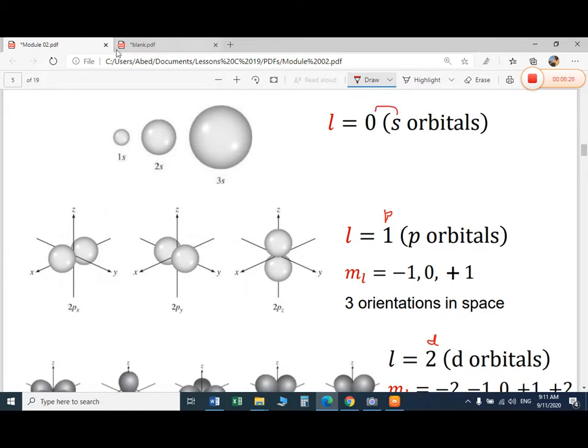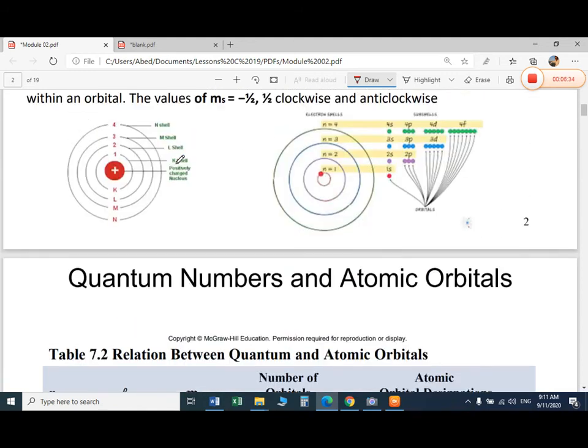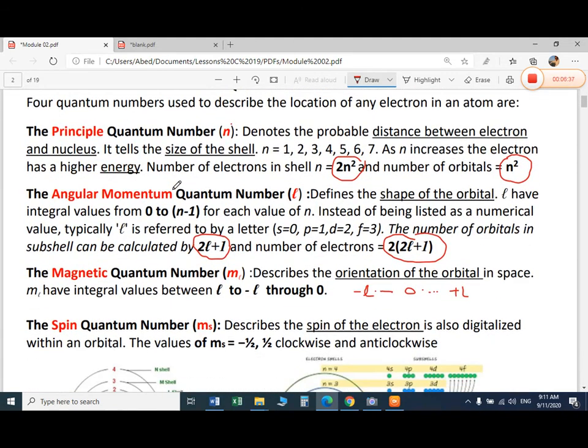So let us go back to our definitions. Angular momentum. So SPDF. So shape will be SPDF. And again here, to calculate the number of electrons, we will have this formula. And to calculate the number of orbitals in the subshell, it will be this formula. You see there, the number of electrons is double. It's multiplied by 2 compared to the orbital, because in one orbital only 2 electrons can live.